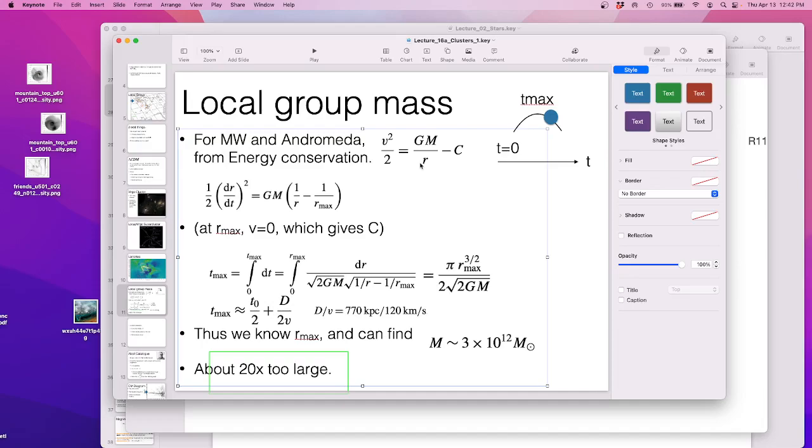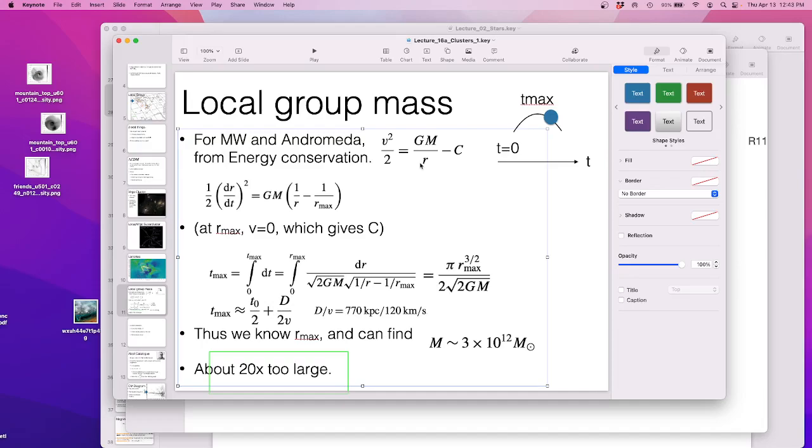Okay, this is dr dt equals the square root of blah, so this only has r in it, so all the square root of blah goes over here and the dt goes over there, so I'm left with dt equals 1 over the square root of this thing times dr. So then what I want is the point here, so we'll just integrate from 0 to t max of dt, which just gives us t max,